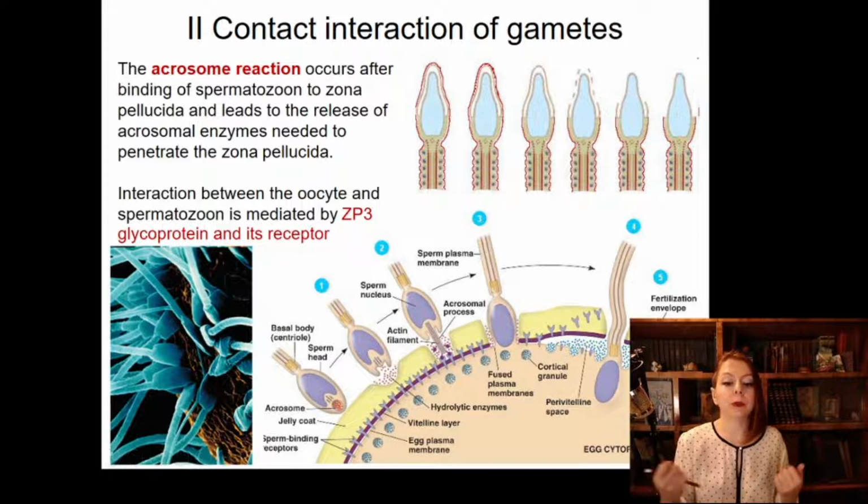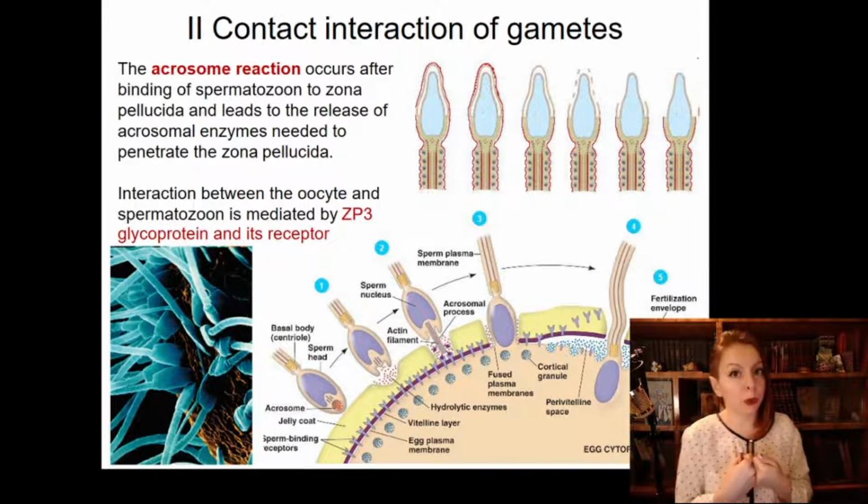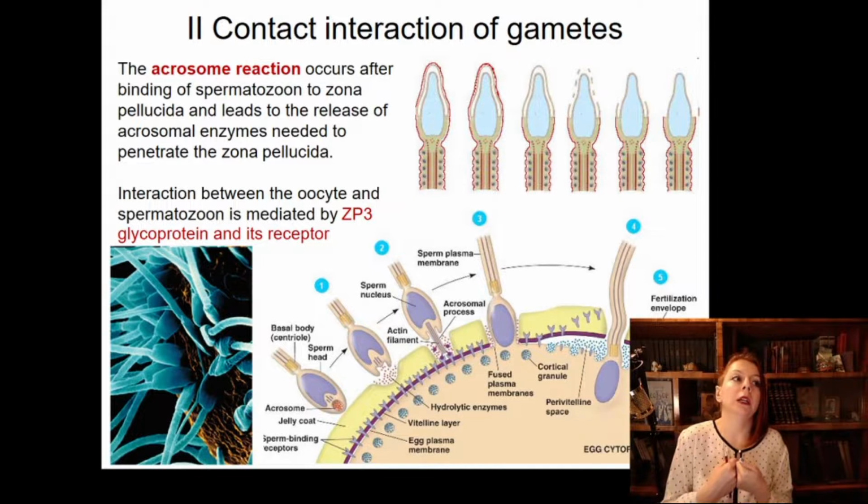When the spermatozoon comes in contact with the oocyte, it starts to digest the zona pellucida, so enzymes are released out of the acrosome, and in this process the membrane of the acrosome is fused with the plasma membrane of the spermatozoon, and